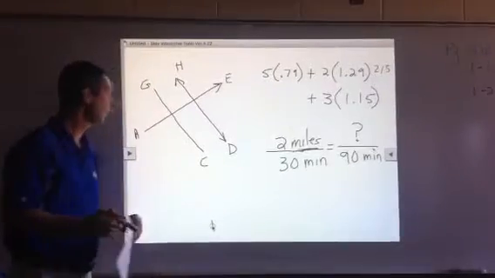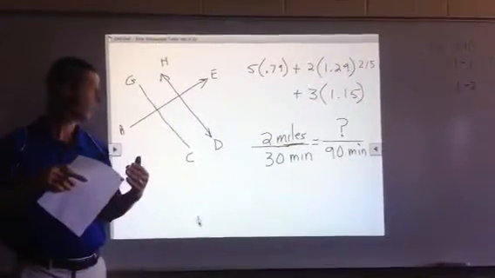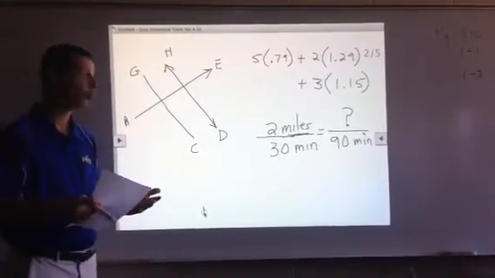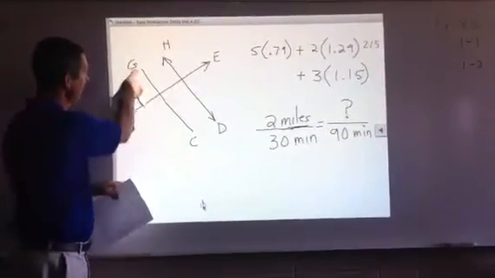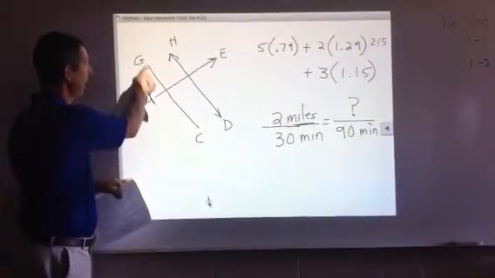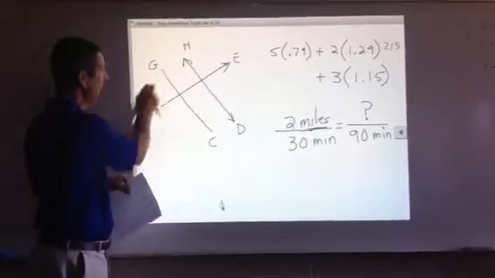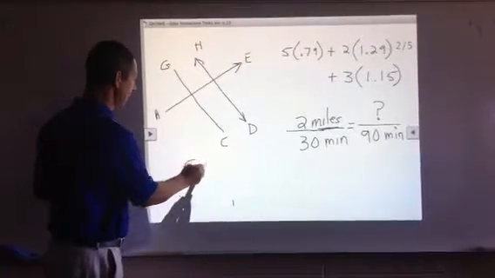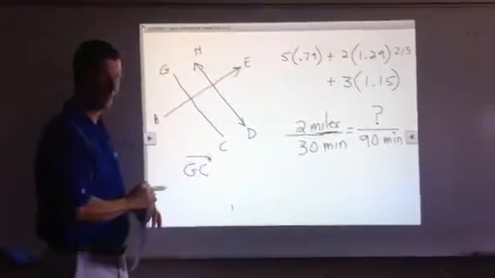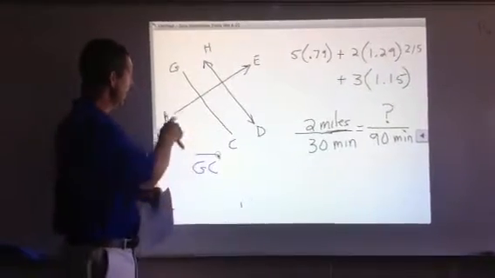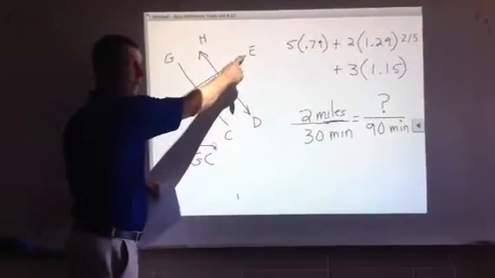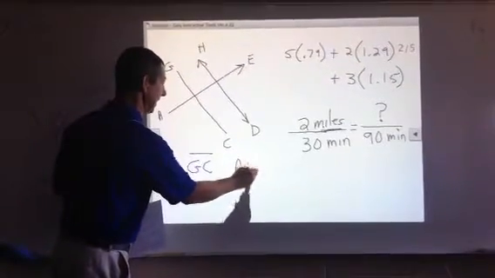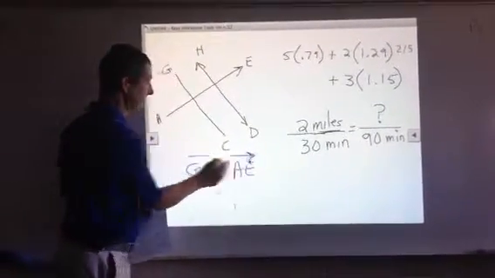Okay, you have another problem where you either have to find the ray, a segment, or a line. And I'm going to talk about each one. This here is a segment. It has a starting point and an ending point. There's no arrows on the end of it. So if we named a segment here, we could say GC and put the segment symbol above it. A ray has a starting point, no ending point. So if we had to name a ray, we would say AE, and we put the ray symbol above it,